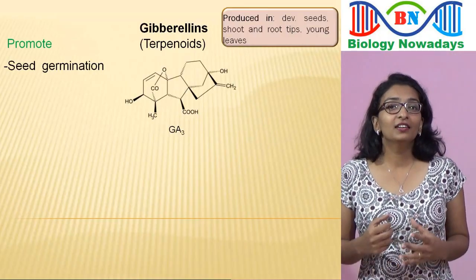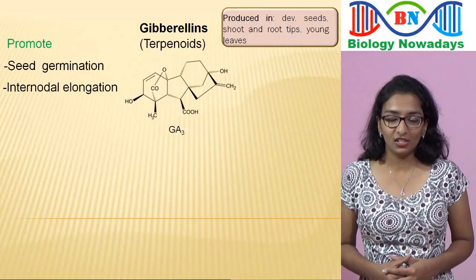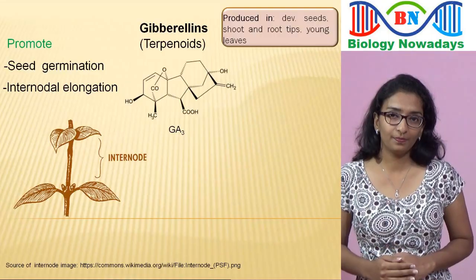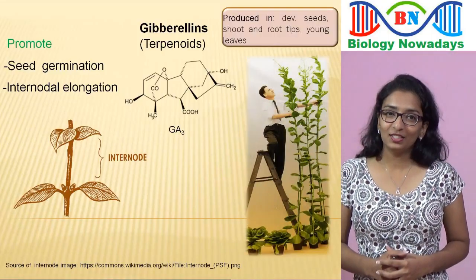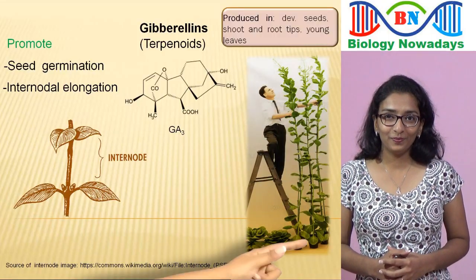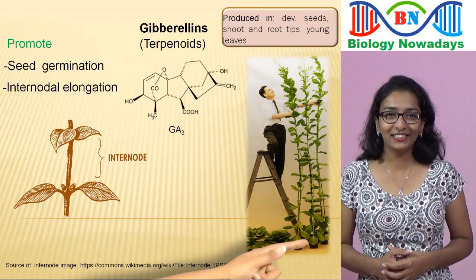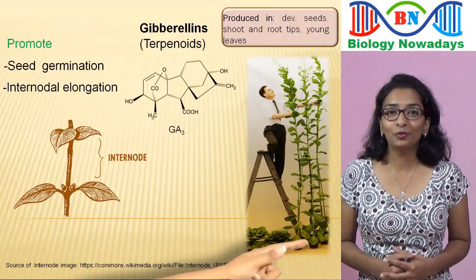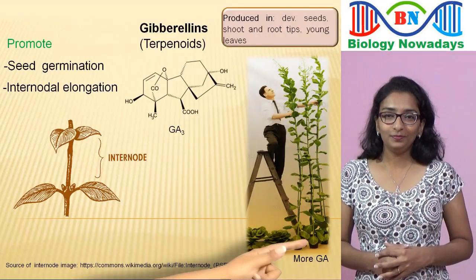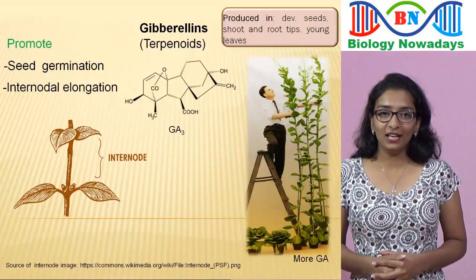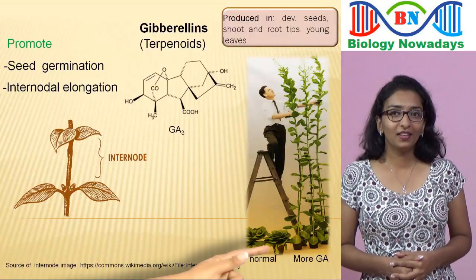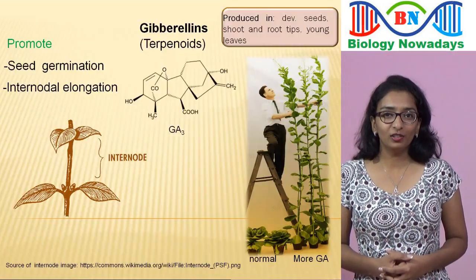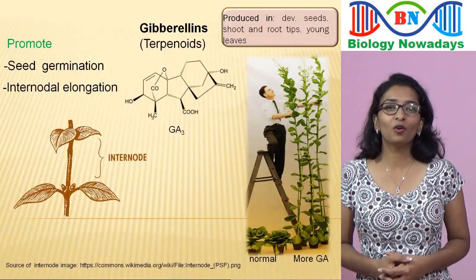Another function is promoting internodal elongation. Internode means the part of the stem between two nodes. Can you identify these tall plants in this picture? Then be ready for a shock. They are cabbage plants. Yes, cabbage plants treated with gibberellins. These two cabbage plants are the normal ones. In the gibberellin treated cabbage plants, you can see the internodal elongation caused by gibberellins compared to the normal cabbage